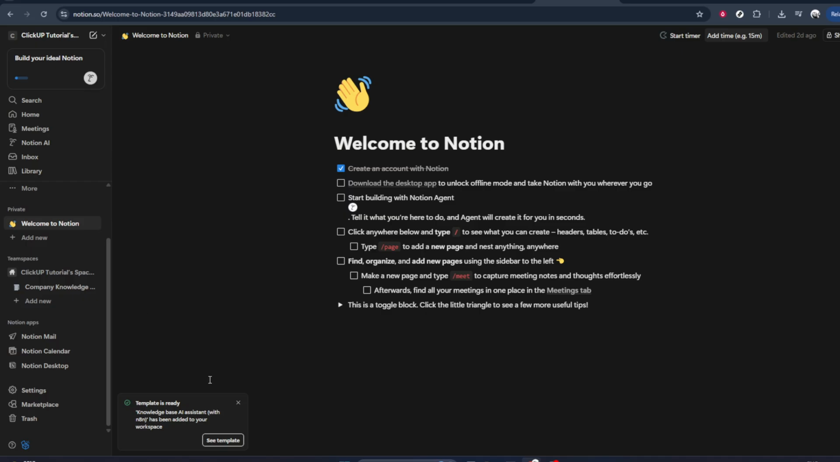From there, you'll be ready to connect it to your AI automation tool, as described in the template's instructions, and begin using your new Notion